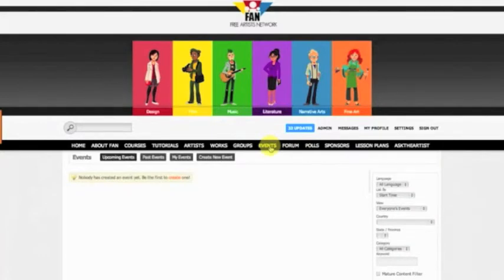Events and polls work similar to how they work on most sites, like Facebook, for example. With events, you can create new events, upload cover photos to events, invite people to events, and also upload media to a particular event, like videos or pictures and so forth. So if you're hosting a live lesson, for example, through Ustream or a live stream or Google Hangouts or Skype or whatever, you can go ahead and create an event for that.